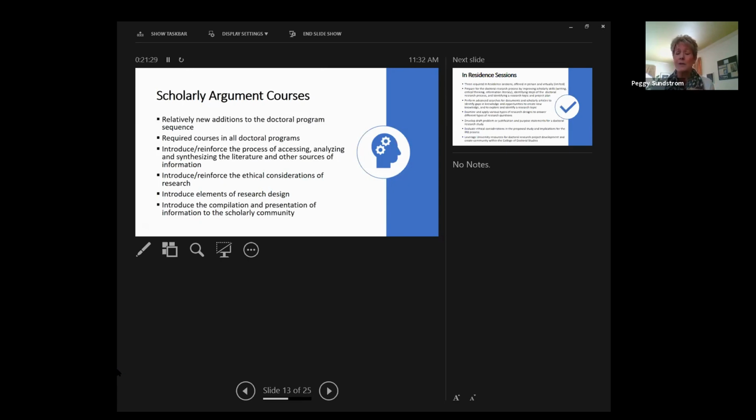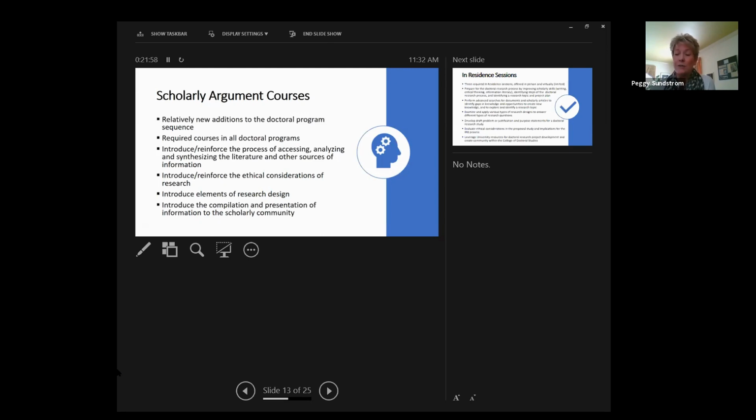And that course is intended to get students to be thinking about a topic. It doesn't have to be their final research topic, but take a topic and begin to explore the different kinds of literature with which they can examine the topic, and to really think about where there's an opportunity to conduct research. The second scholarly argument course comes in the 2nd year of a student's program, and at that point the